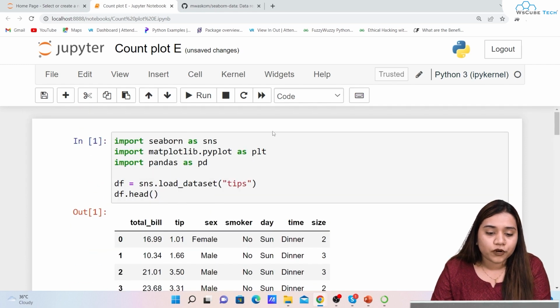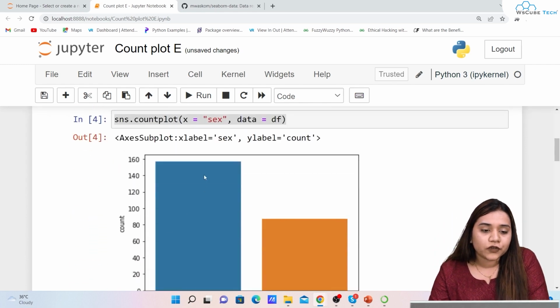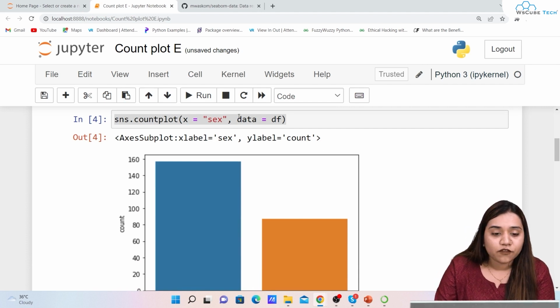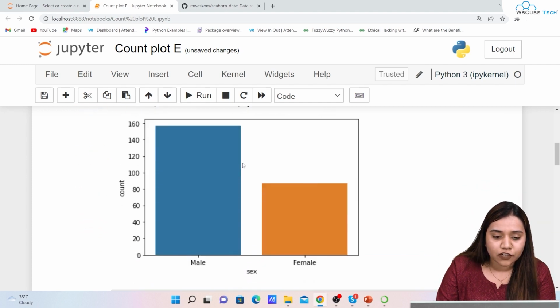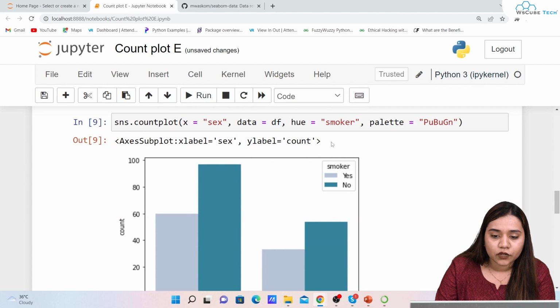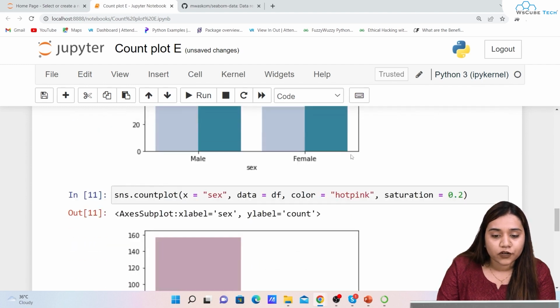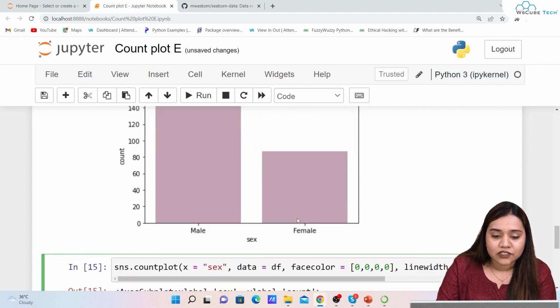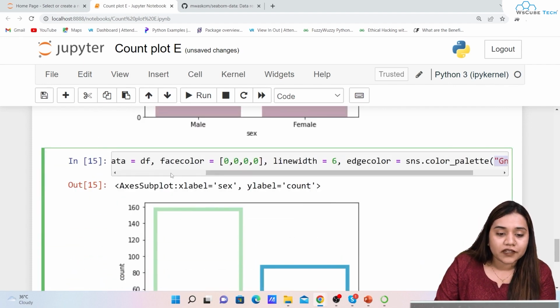So I hope guys that the count plot over here is clear to you. To plot a count plot, all you need to do is give data in any of the axes. If you want the horizontal bars, then y-axis, and if you want the vertical bars, then x-axis. After that, we need to provide the data. That data is equal to our data frame, whatever data frame we have loaded. After that, we have the next thing as the hue, that if you want to give a hue and you want to give a palette, which color you want to define for the hues, then you can give a palette as well. Later, we have also seen about the color, that if you want to give a color over here, you can give a color, plus you can define the saturation according to your choice. Lastly, if you want to make the face color of your graph transparent, we can do that as well. Plus you can provide the line width and edge colors as well.